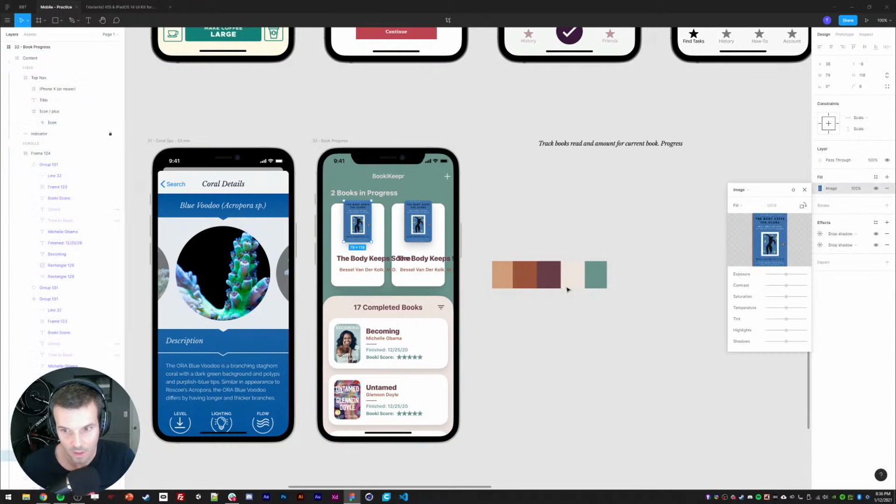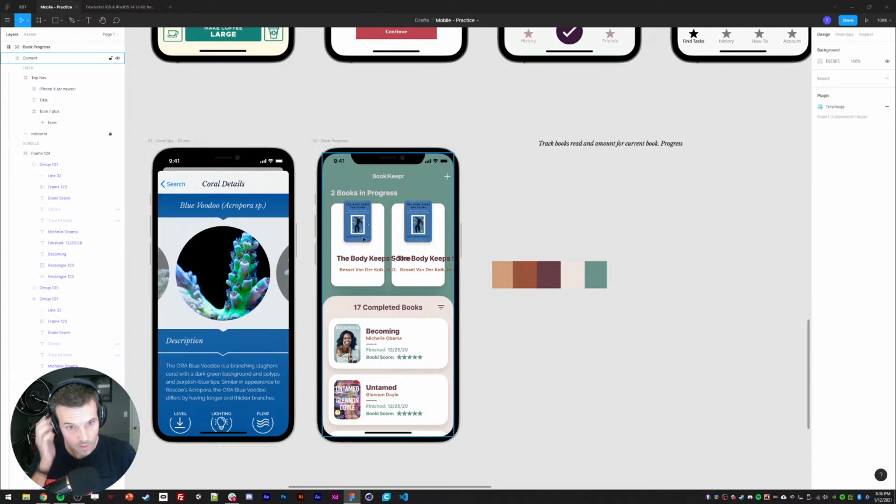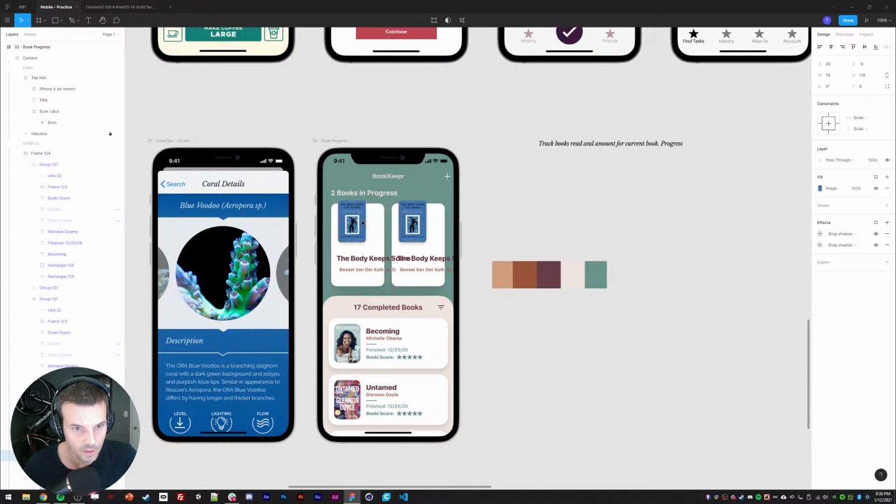A little too heavy. A little too heavy there, guys. Oh yeah, that's way too heavy. So let's cut that in half. Okay. This is a little bit better. I don't love it, but